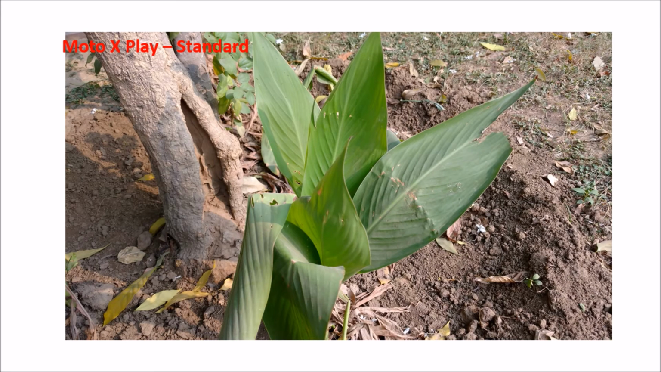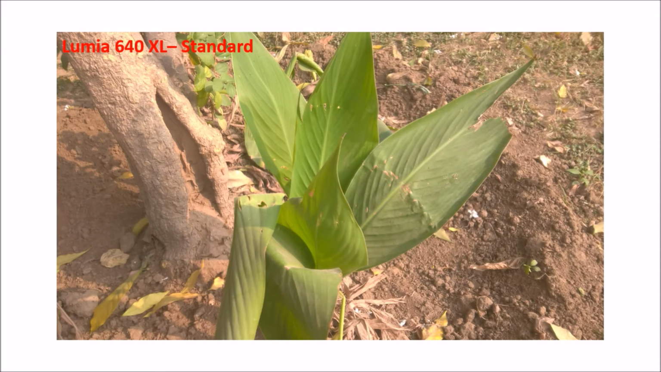This one is a Moto X Play standard shot. You can see the direct sunlight and the shadows in the background. This is the 640 XL, and it shows the clear color, because in the daylight shot it shows the yellow color truly, the one that comes with the sun. Okay,